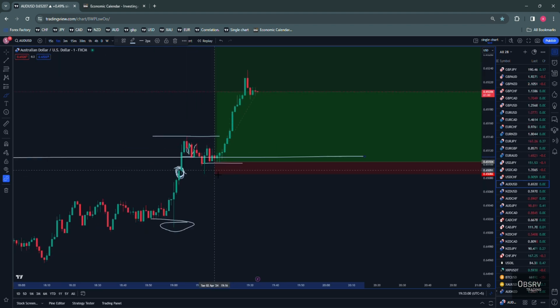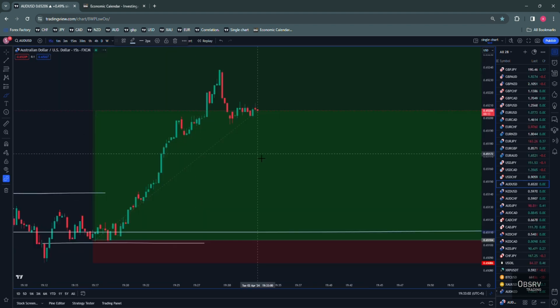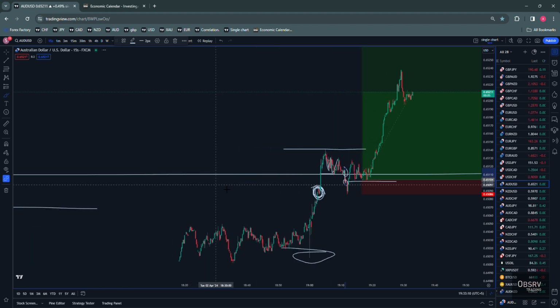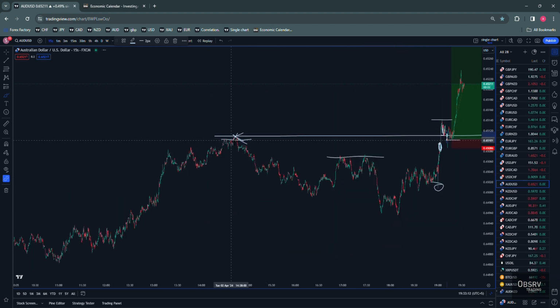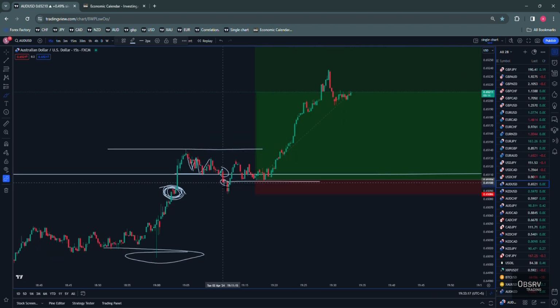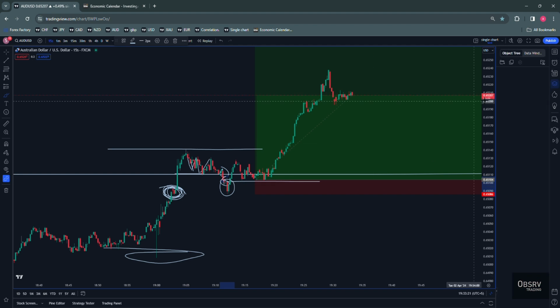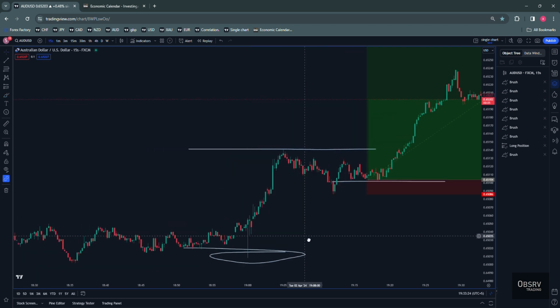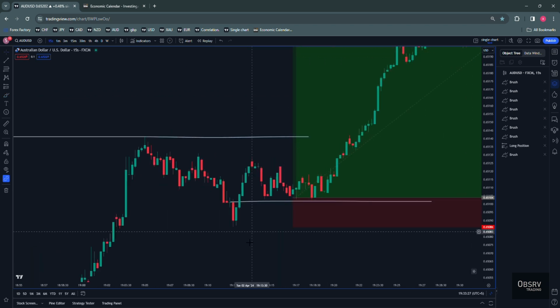Where do people look to sell? Where do people turn into the opposite direction? It's this piece, or towards the end, this piece right here. As it breaks through this, the support equals resistance to the left side here. It breaks through this, turns people to the sell side, and then it starts to go further lower. If I get rid of all of these brushes, you will be able to see what I'm talking about. If I zoom in for you guys, take a look at this.